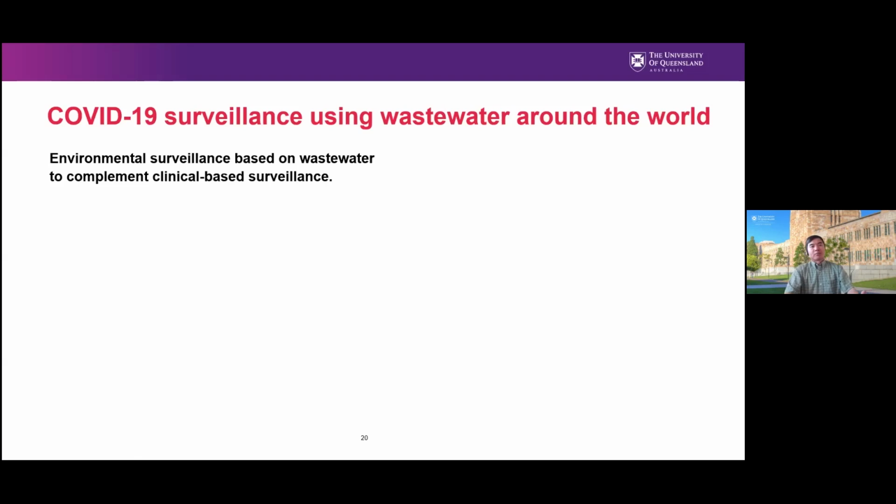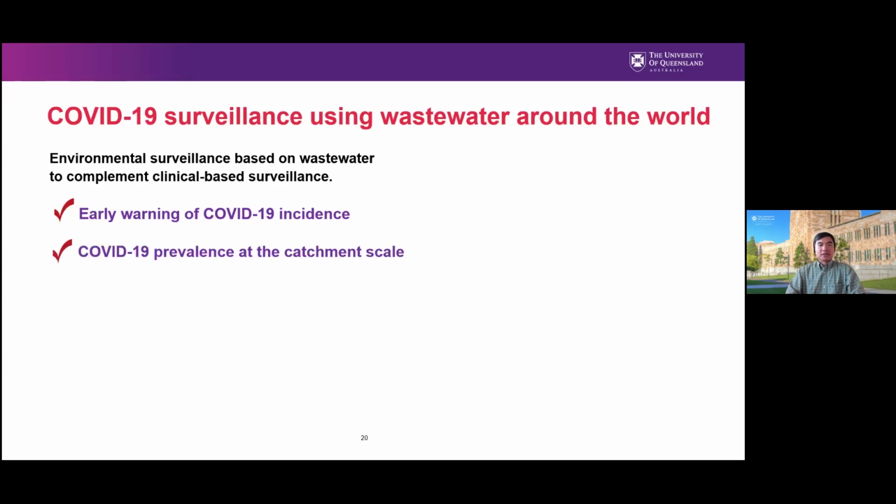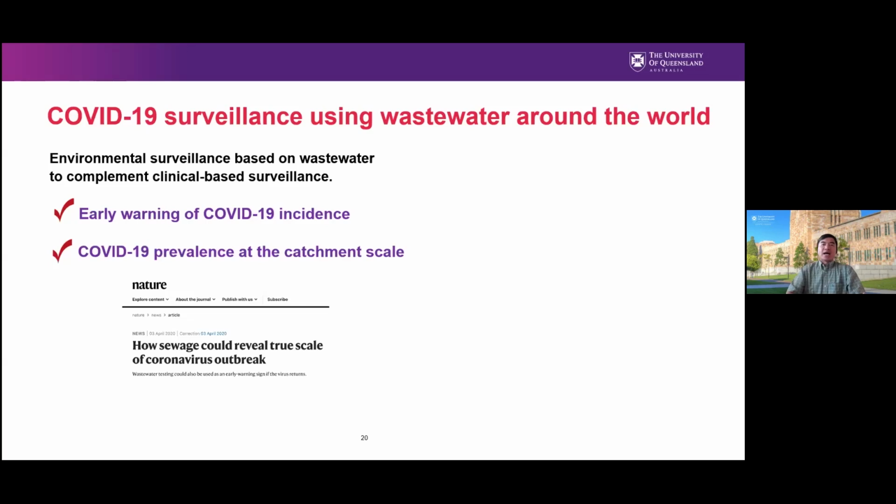And an example of how wastewater can be used successfully in Japan for public health surveillance is through COVID-19, because during COVID, wastewater-based epidemiology was used as an early warning system for COVID infections in the community. I was a coordinator of the wastewater surveillance for my state, Queensland, and we could effectively use wastewater to detect sometimes only one case in 10,000 people, helping the state to avoid large-scale lockdown,